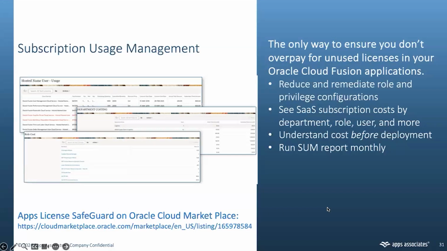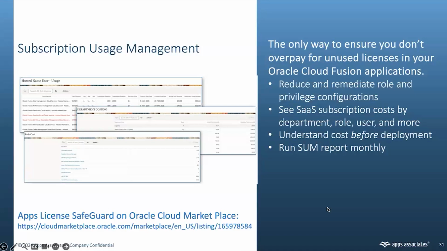You're able to basically take the same data that the subscription usage management report gives you and the drill-through Excel spreadsheet that Oracle gives you, but you can marry that in with your contract data, like how much should I pay for this bundle? How much is this costing me, et cetera? And you can slice and dice the data in different ways. So when you're trying to figure out, do these individuals, do these departments, et cetera, need access to Fusion the way they have it today,